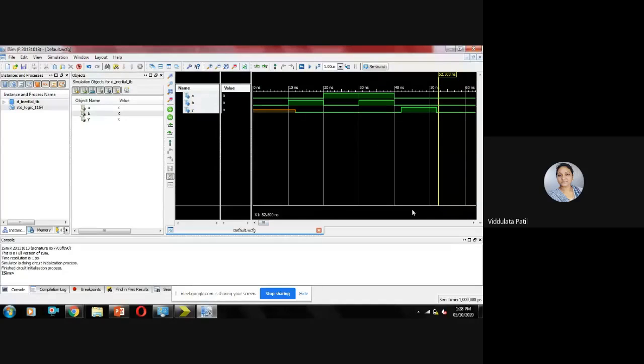See here. Okay, now what you observe here. Here after 12 nanoseconds you are getting the output that is high, which is going to remain for 10 nanoseconds. Now why is this happening? Because this is the delay that is introduced by the